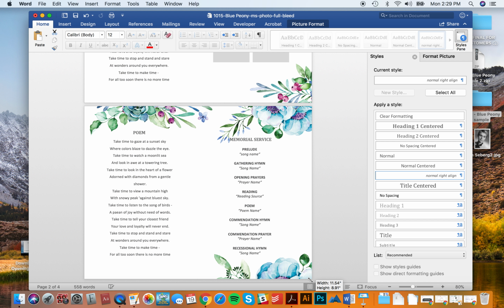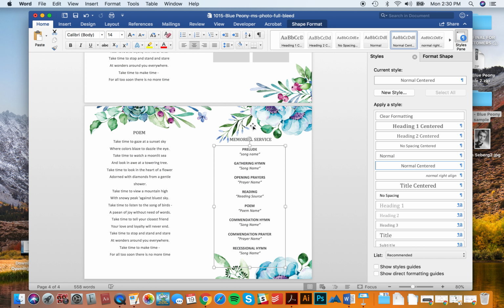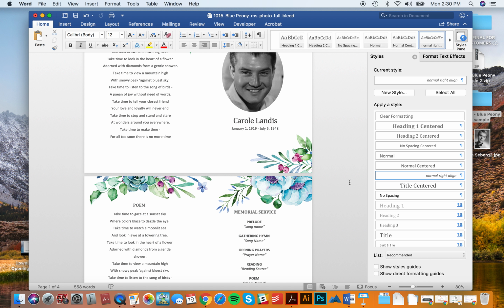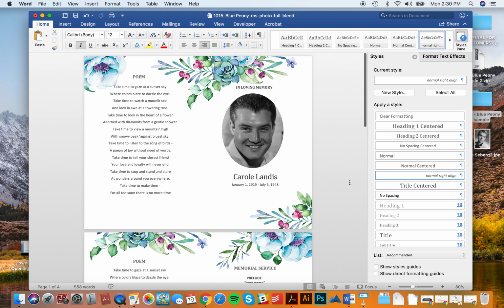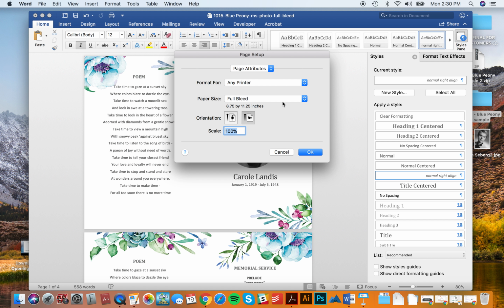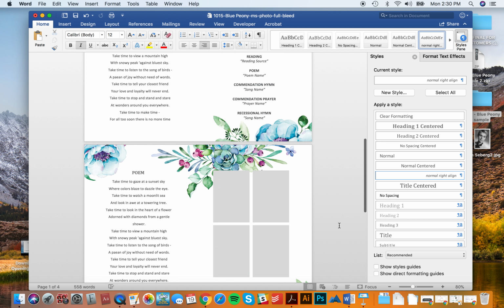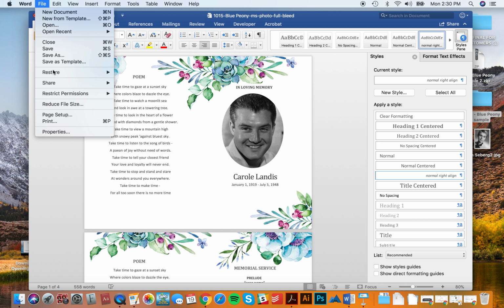And if they give you crap, I'm sorry. They give me crap too. But most of the time they're pretty good. I mean, most of the time something like this is pretty simple. Every once in a while, a printer's like, we need 1/2 inch, and that's kind of a bummer because it's a lot, but it can be done. You just do the same thing, except instead of 8.75 by 11.25, this would be 11.5 and 9 inches, and then you just make it slightly bigger around those edges. So that's what you gotta do to do full bleed, and then you do the same thing, File, Save As,